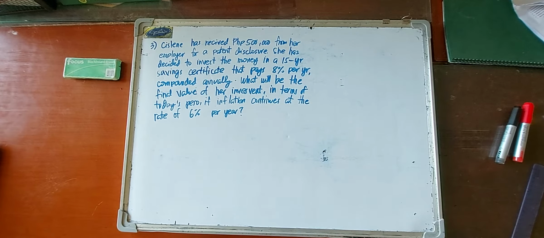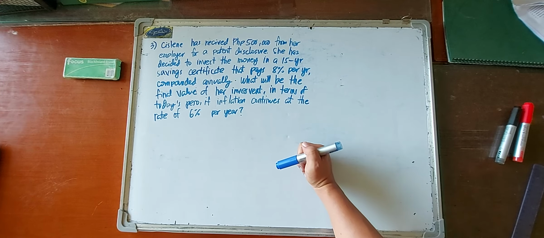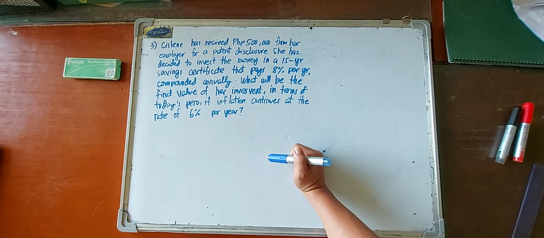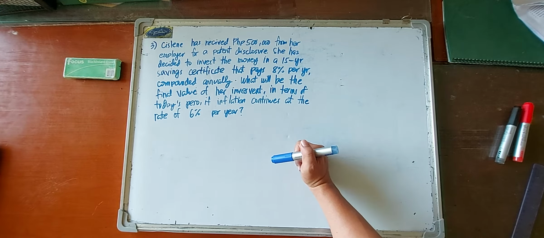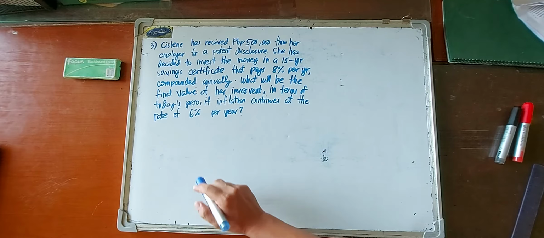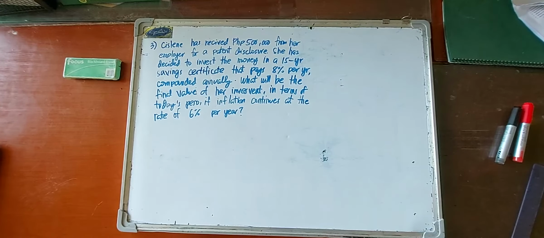Okay, next problem, the third one. Cislin has received 500,000 pesos from her employer for a patent disclosure. And she has decided to invest the money in a 15-year savings certificate that pays 8% per year compounded annually. What will be the final value of her investment in terms of today's peso if inflation continues at the rate